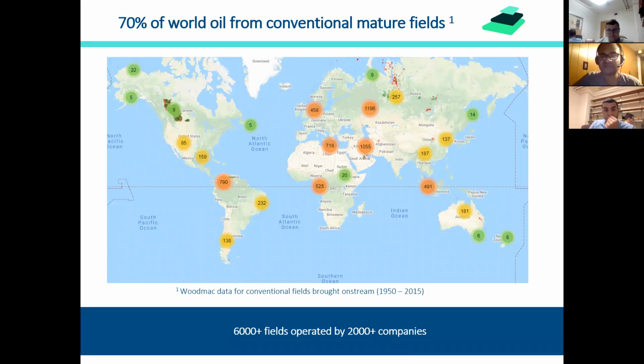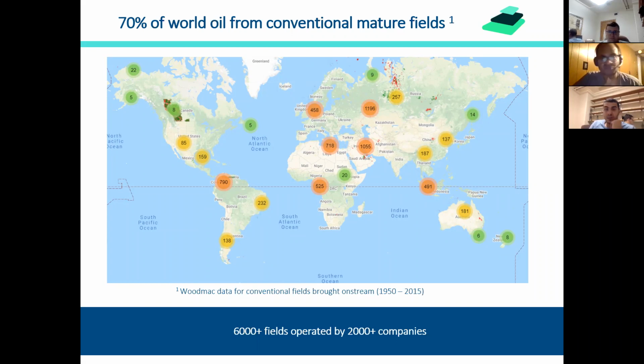All right. So let's start with the motivation. Here in the US, we hear a lot about unconventionals, right? The shale and parts of it. But when you take a step back and look at pure numbers, actually 70% of the world's oil is coming from conventional mature fields. I make this comment because we are also in the midst of a lot of energy debate happening all around us, so it's important to remember where the majority source of oil currently is coming from. It's coming from